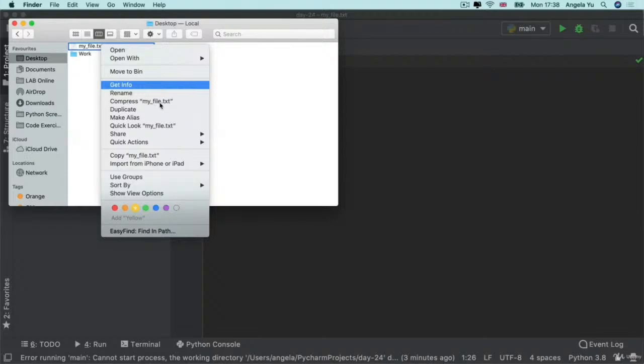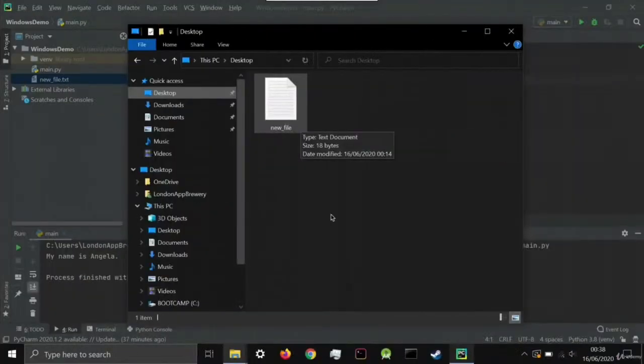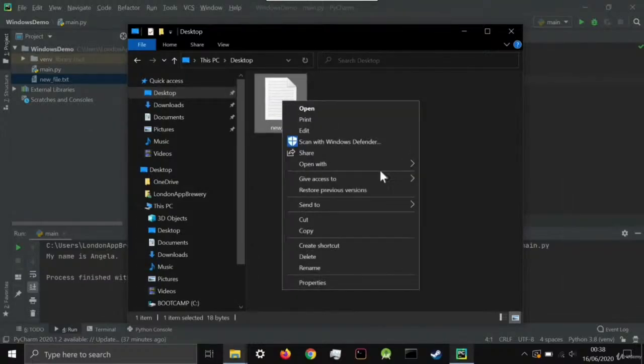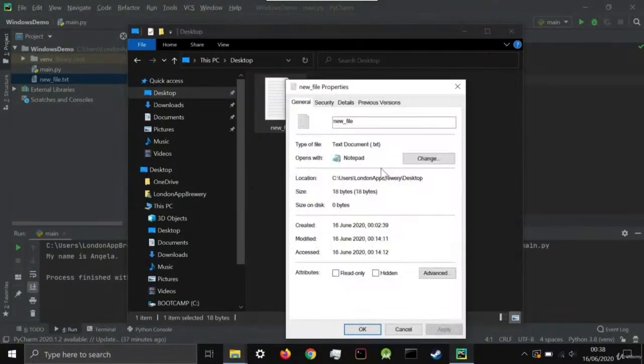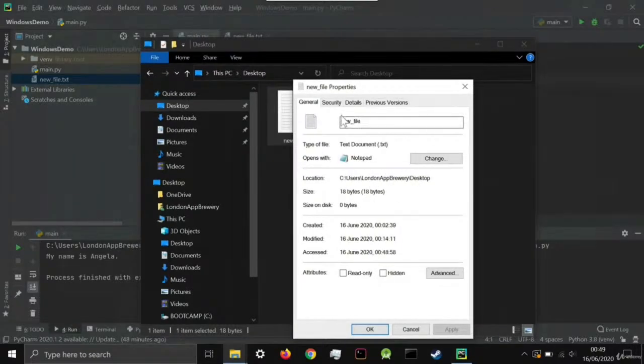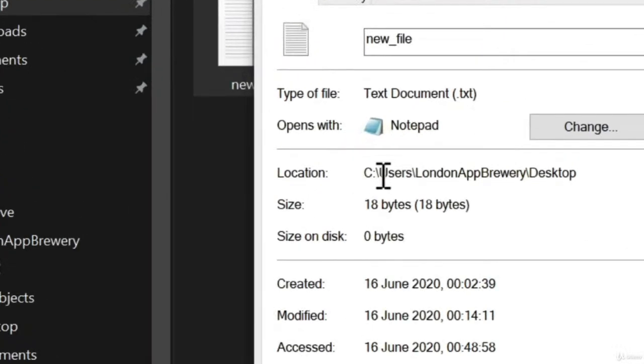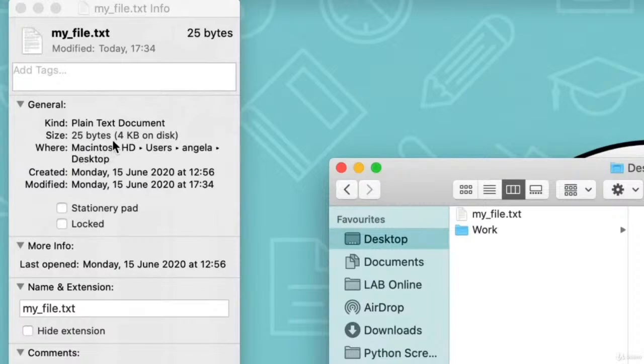and if you're on a Mac, I want you to click on Get Info, and if you're on Windows, I want you to right-click and go to Properties. Now, what you're looking for is this location here. Now, you can see that this current file, newfile, is located under the root folder, which in this case is the C drive, /users/London Appbury/desktop/newfile.txt. On a Mac, you can see that it's located under the root folder, which is Macintosh HD/users/Angela/desktop